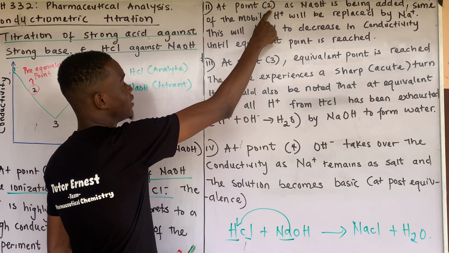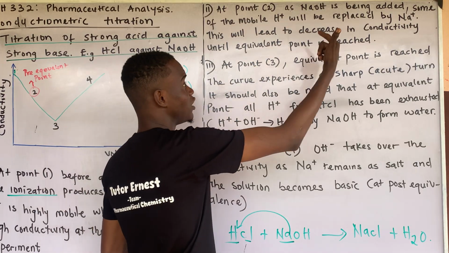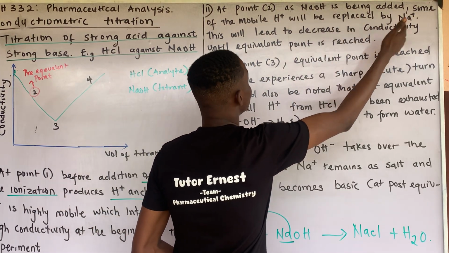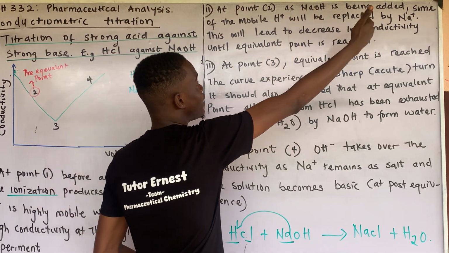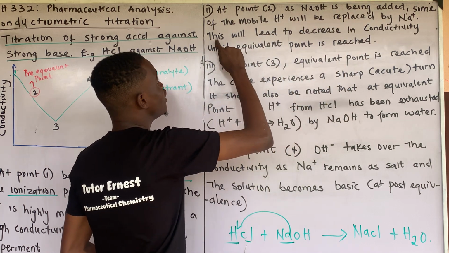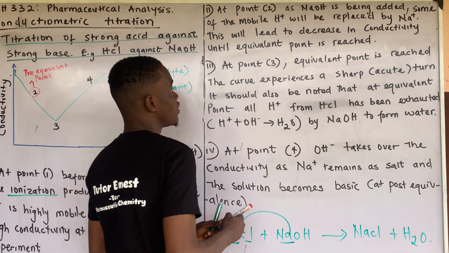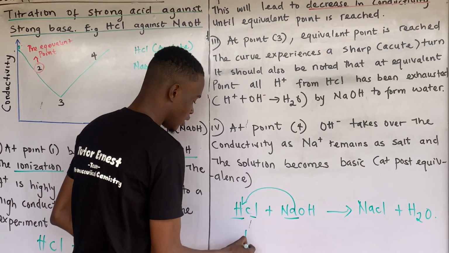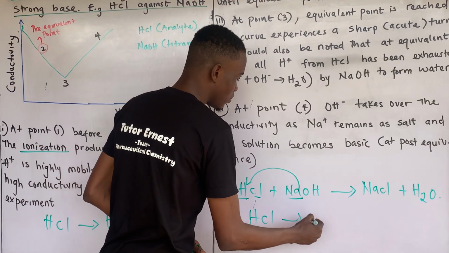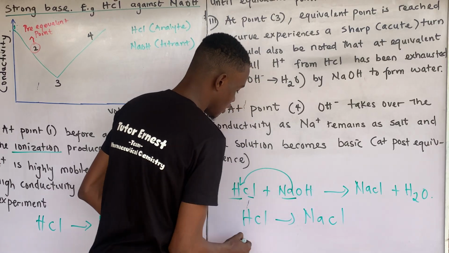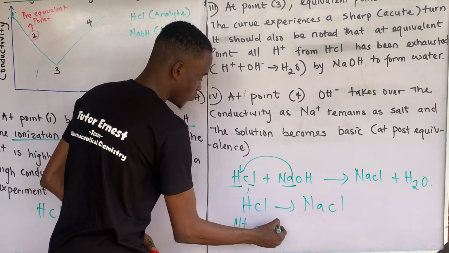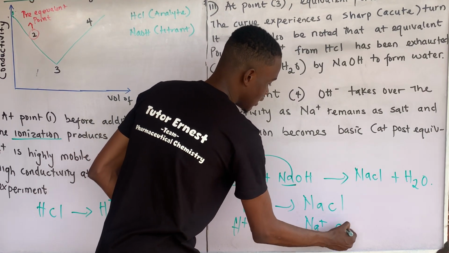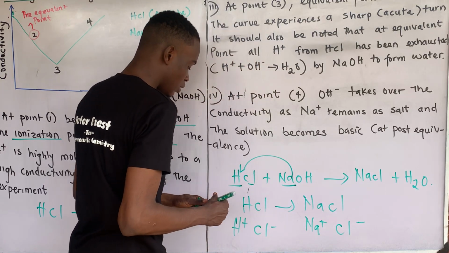At point 2, that's the pre-equivalence point, as we keep on adding NaOH, some of the mobile H plus will be replaced by Na plus, and this will lead to a decrease in conductivity. Why? Because if HCl is being replaced by NaCl, we have H plus and Cl minus, and Na plus and Cl minus. Comparing